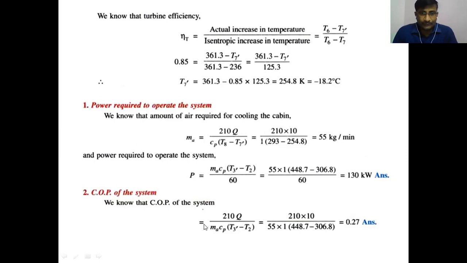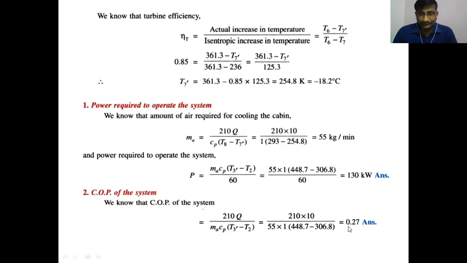Then the COP of the system. We know that the COP of the system is 210 into Q divided by MA into CP into T3 dash minus T2. What is this? Refrigeration effect divided by work supplied or work required. So the refrigeration effect is 210 into 10, divided by mass of air supplied, 55 into 1, into the temperature difference across the compressor, that is the work required by the compressor, T3 dash minus T2. Then we will get 0.27 as the COP of the given system, which is used for aircraft as a